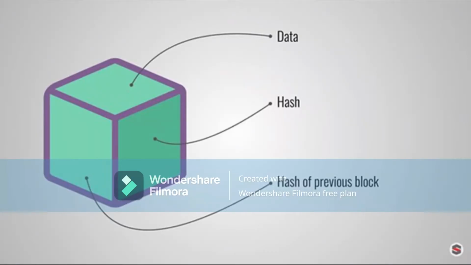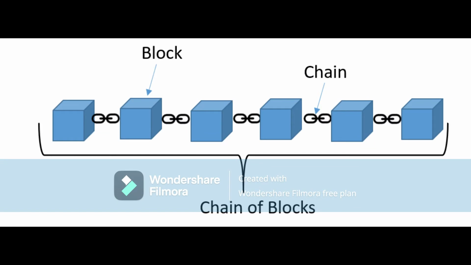The third and the most important thing which is stored in these blocks is the previous block hash. That means the hash or the records of the previous block have been saved into the newly chained block. Again, the newly added block will save the data of the previous one, which makes a chain of blocks. And the block which does not contain the records of a previous block, that is the first block, is known as the Genesis block.